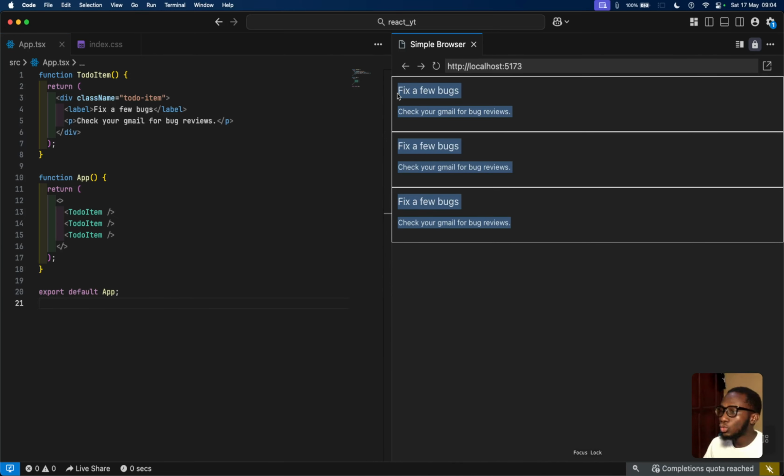We want to change the content in our to-do item. But of course, you can't have the same to-do in your to-do list, right? They're usually something different, right? So what you might want to do in that case is use something called function parameters, but